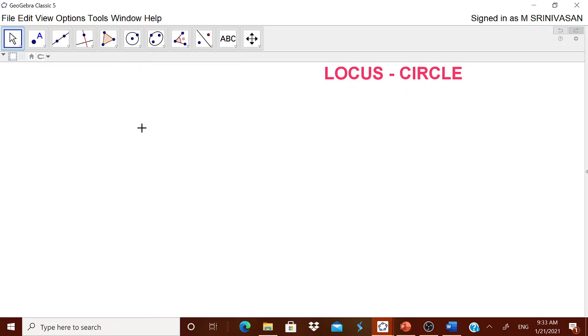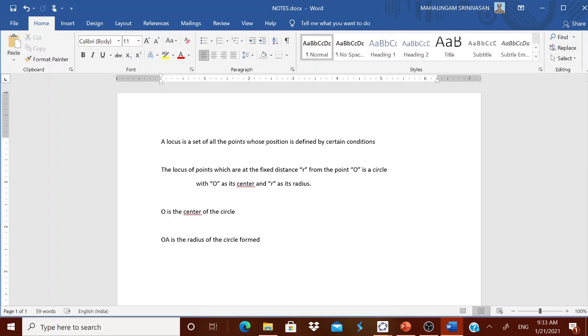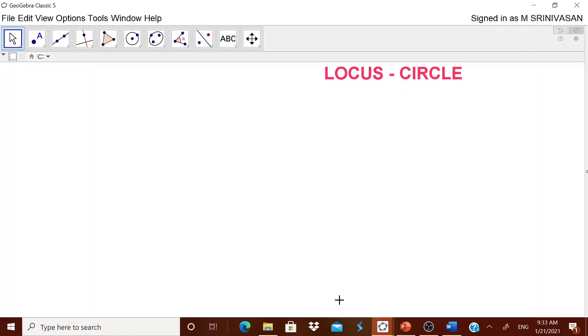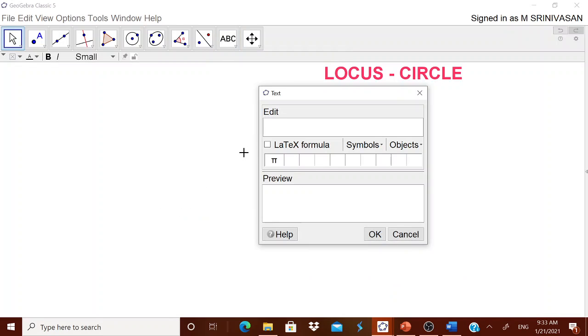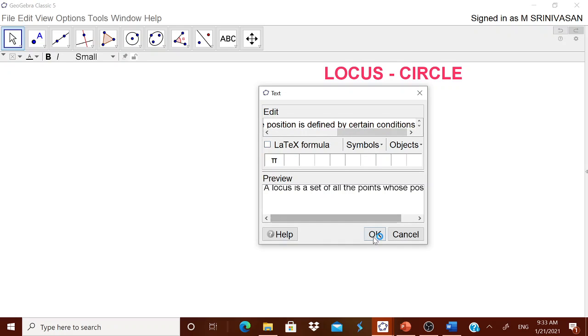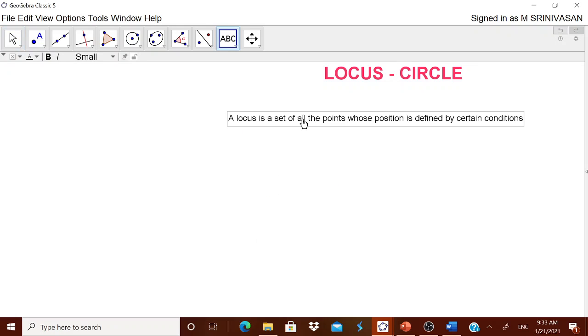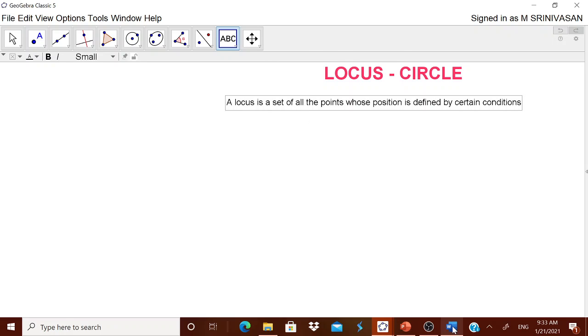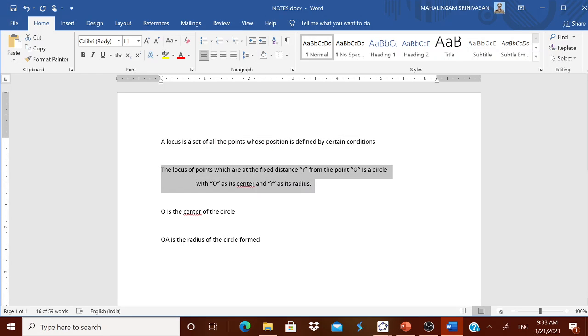After every text is typed, right click it and then click absolute position on the screen. Okay, I think this can be done by you. There won't be any problem. Okay, now we can define what is a locus to the children. But in the class, we can start the discussion with what is a locus. The child will tell what the locus is. Locus is the set of all points. Actually, when a point moves, it is the path traced by a point. Okay, now we are going to have several locus.